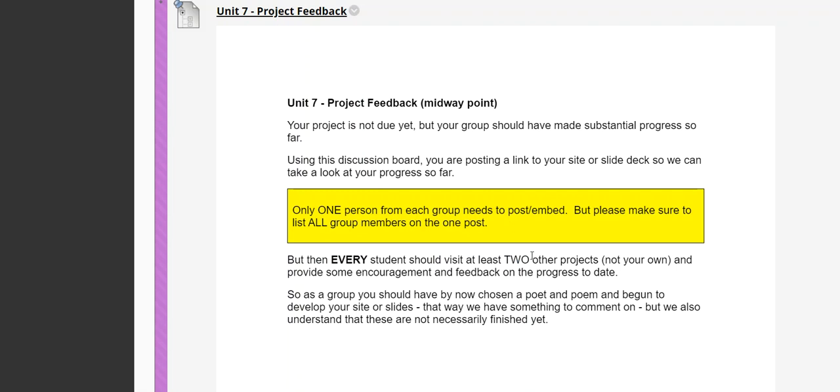So we understand that these are works in progress. Maybe you can provide even more input versus feedback, or a mix of the two. Feedback would be commenting on what the group has so far. Input might be possibilities for other directions to go or potential things to do. Play that by ear based on how much each of the groups has produced so far.